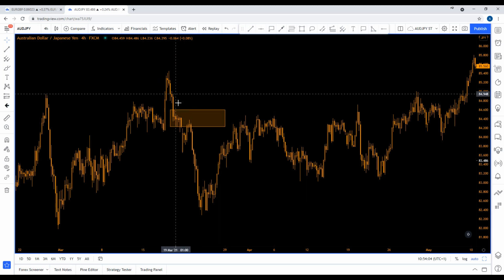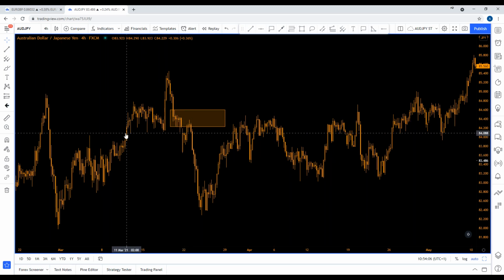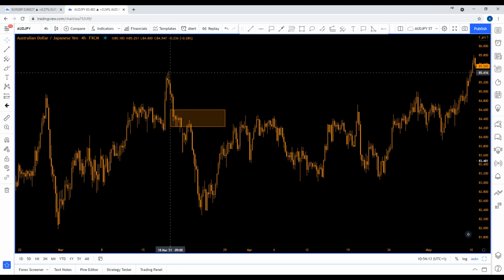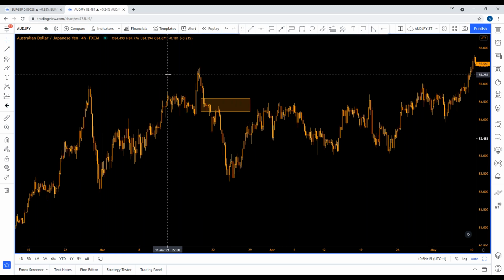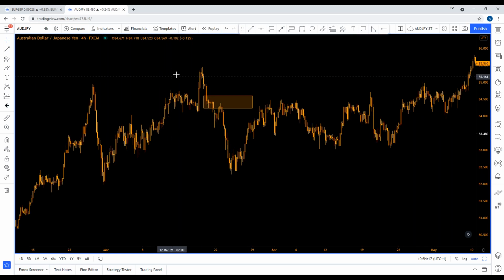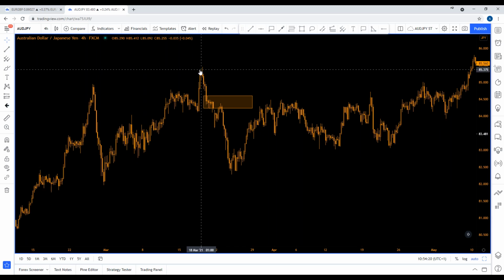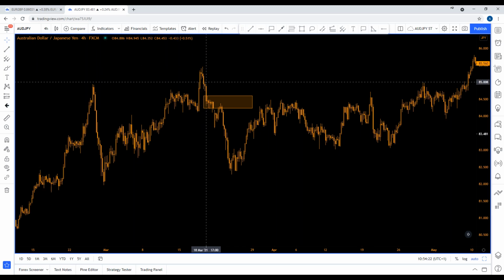Now, what did we break? The strong move to the downside broke all of these lows, and these are clearly very important lows. Why are they important lows? Because they formed a reasonably strong high, which delivered,